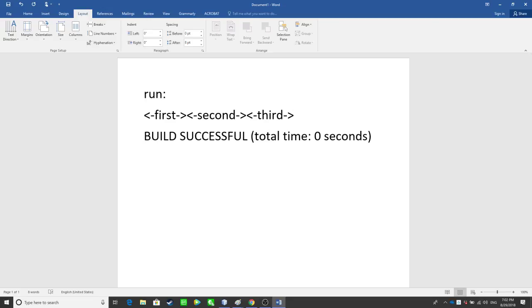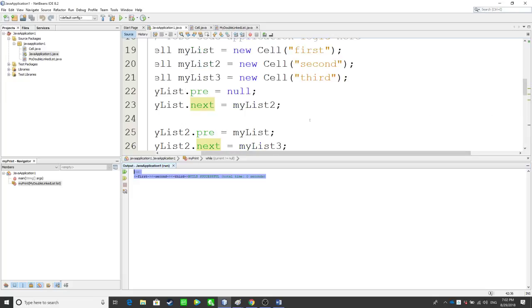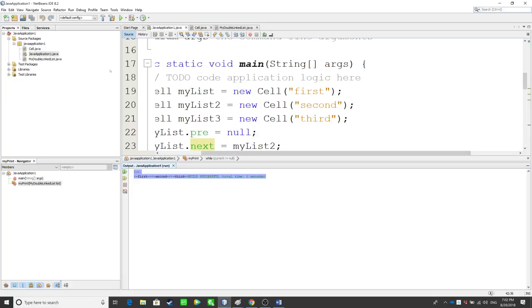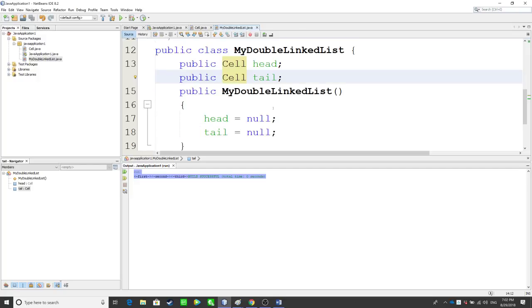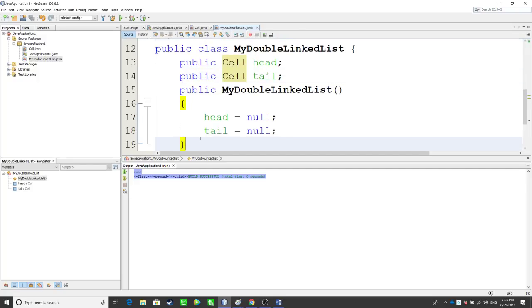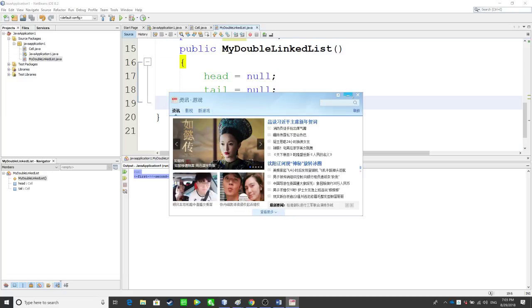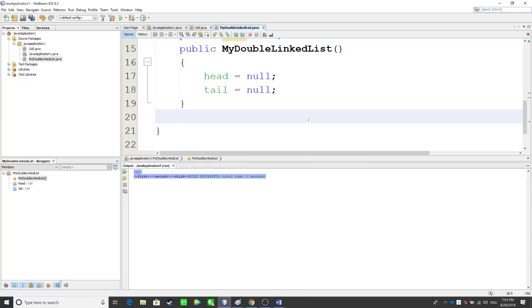Okay, so basically it looks like something like this. Linked list first, second, third, something like this, right? Okay, then that's like creating this without any operation in the my double linked list, right? But now we want to have some operation here, just so we can be more convenient to access those. Yeah. First we need that